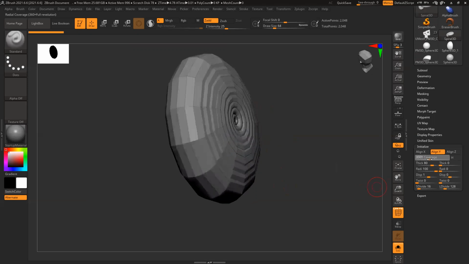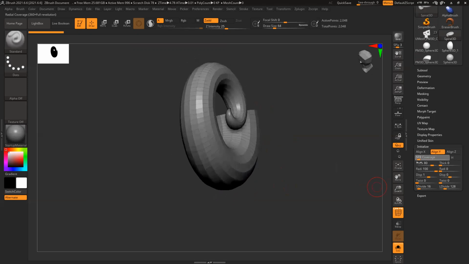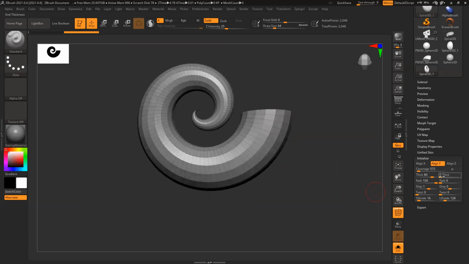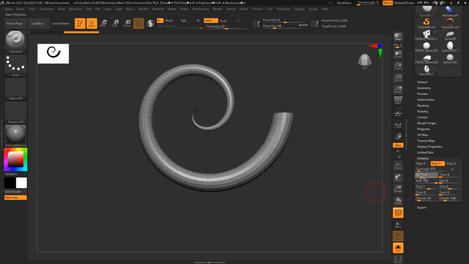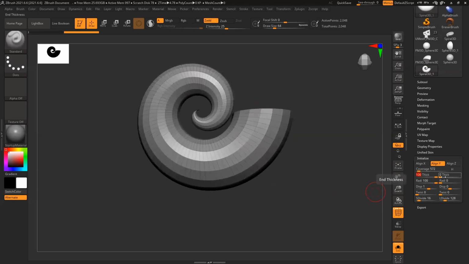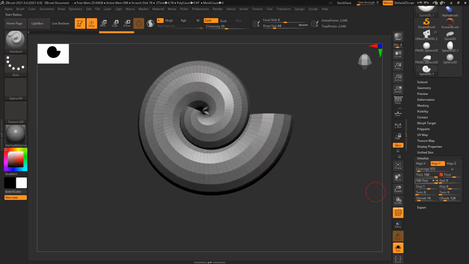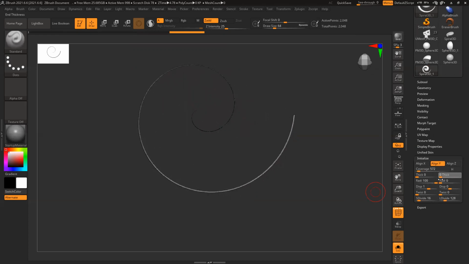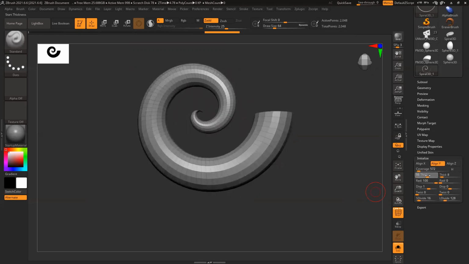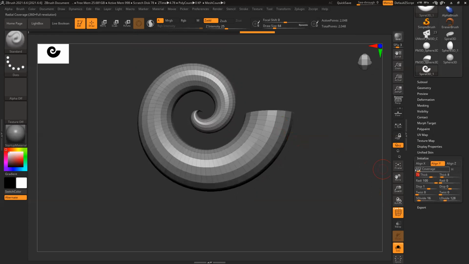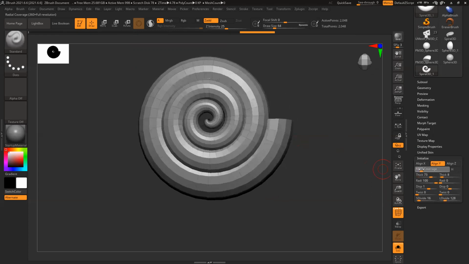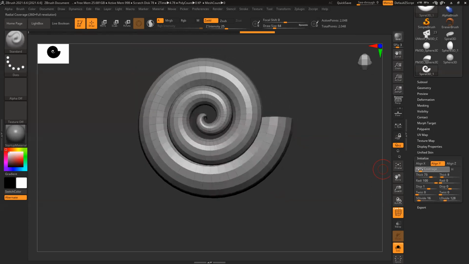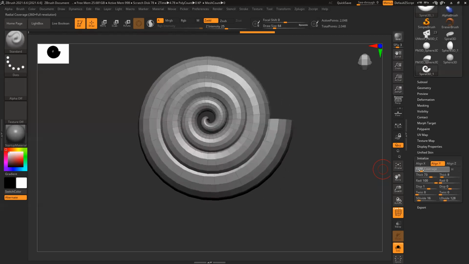Coverage, you can see I can increase, decrease. Thickness I can increase, decrease. I can make it thick. So modify all these things. Coverage also I can see. I can create how many rings I want.